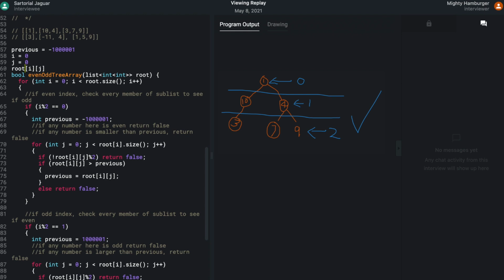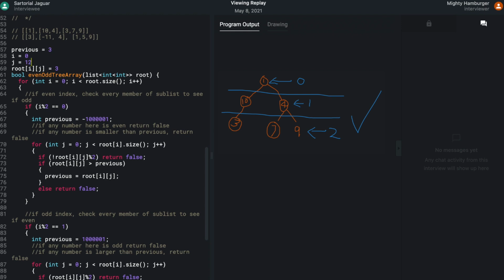Equals 3. 3 modulo 2 equals 1. Sorry, equals 1. So obviously that one's okay. Previous is now going to be 3. And J gets incremented.